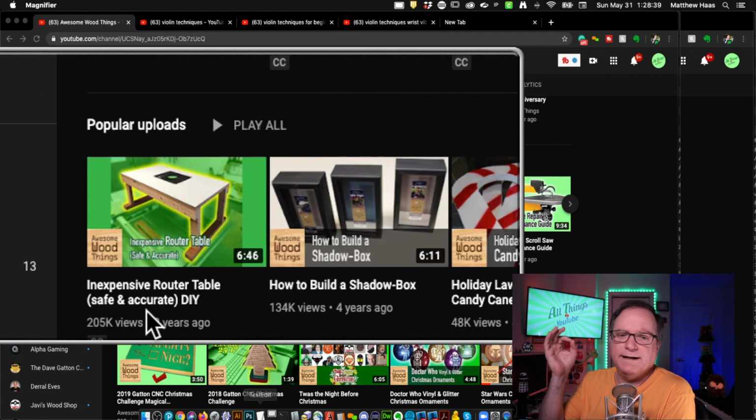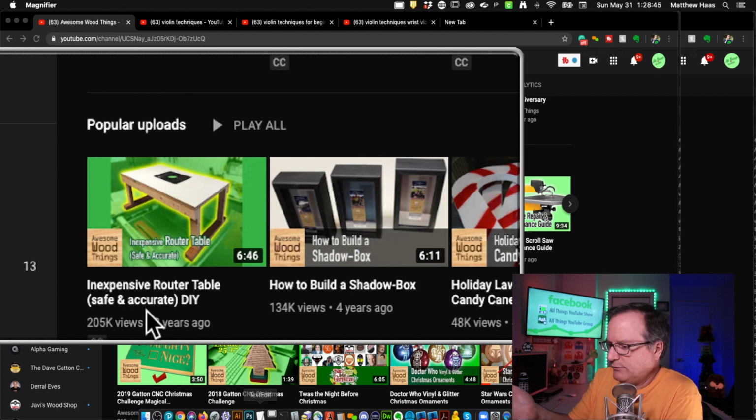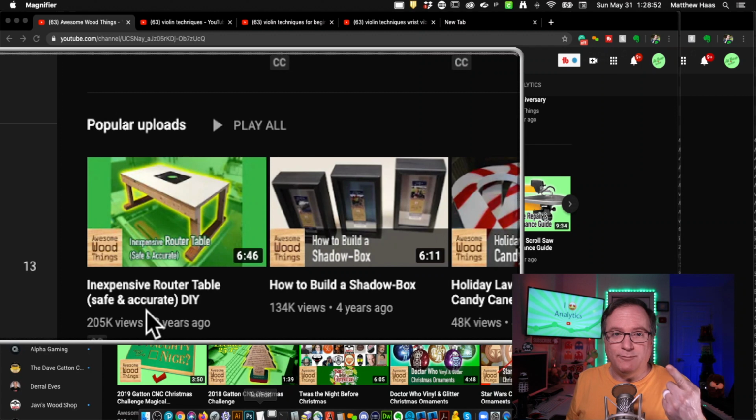Oh, that is such a perfect title because it has a router table. That's what it is. You can see a router table in the thumbnail. It's inexpensive. Hey, that's good. People like inexpensive. Safe and accurate. People don't want to get hurt by the thing and they want it to produce accurate results. And it has an acronym, DIY, for do it yourself. Perfect. There's no ambiguity there. You get exactly